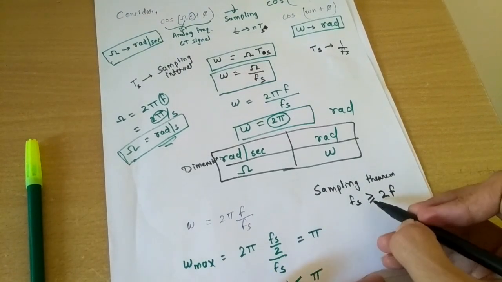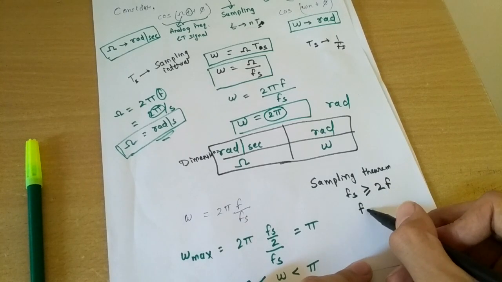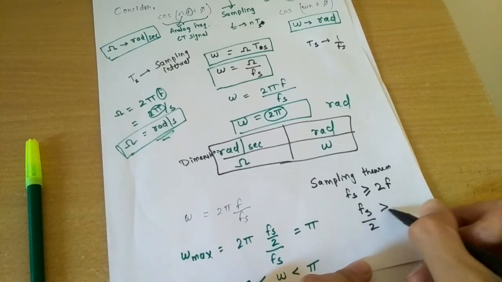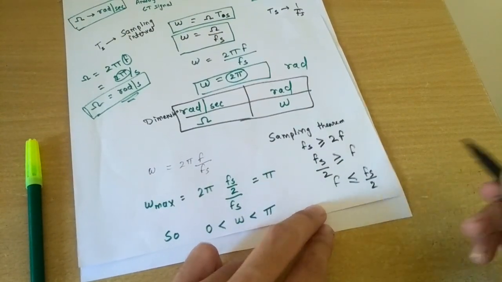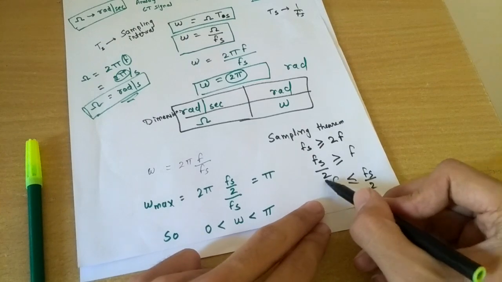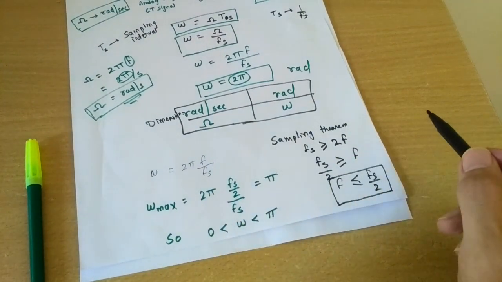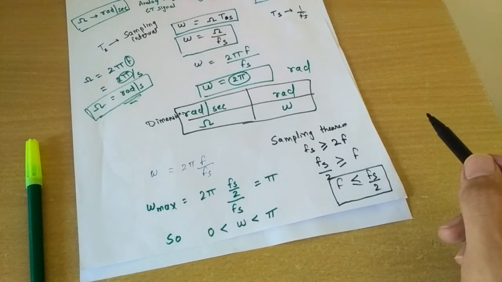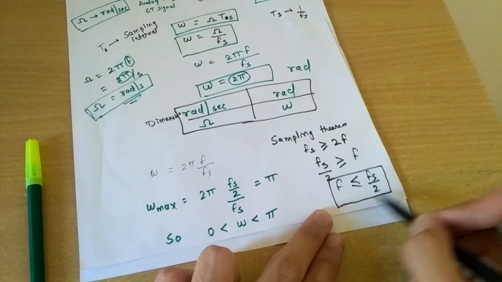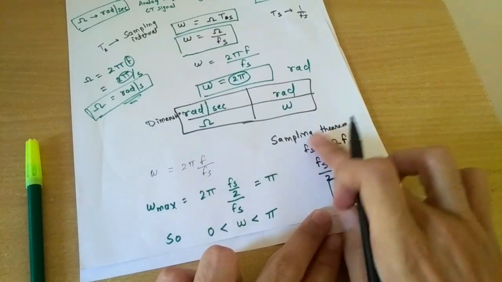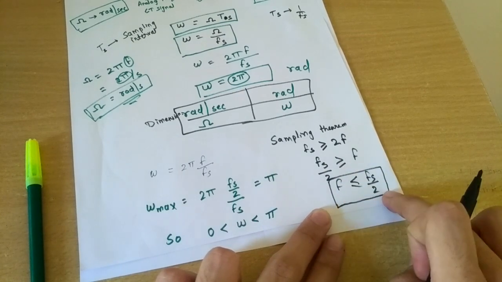So it simply means that our f over here should be less than or equal to fs by 2. Clear? So this should be satisfied as per the sampling theorem. We will be seeing in the very next lecture what the sampling theorem is and how this relation came, right? So first, just for the time being, we know that the sampling theorem says this, which is indirectly this equation, right?